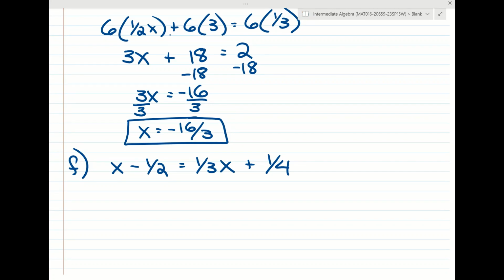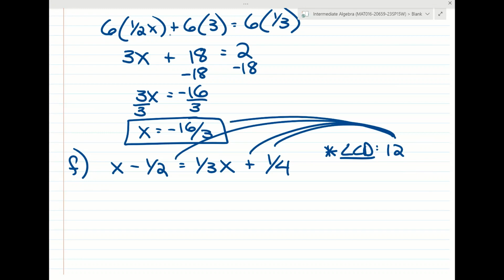Obviously, this looks a little more complicated, but can anyone think of the smallest number that 2, 3, and 4 could be divided into? 12, right? So very good. If we multiply everything by the LCD of 12, I like drawing these arches or like this rainbow, because a common mistake that people do is they forget one number to multiply by 12